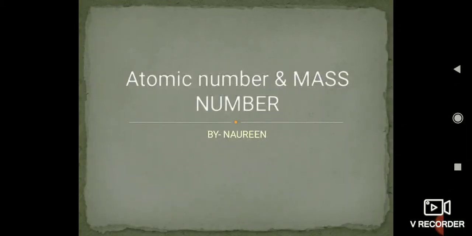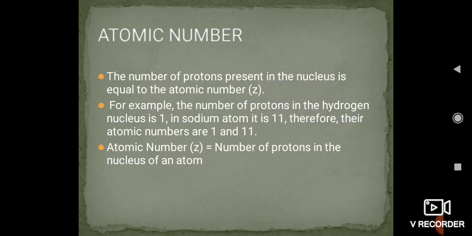Today we will be going to study atomic number and mass number. You all are familiar with the terms, but let us go into detail about each thing. As you all know, if you have seen the periodic table, all the elements have been assigned a position in the periodic table. On what basis has it been assigned? The position is just based on the atomic number of the elements.